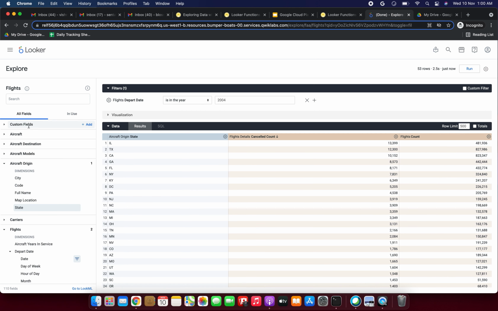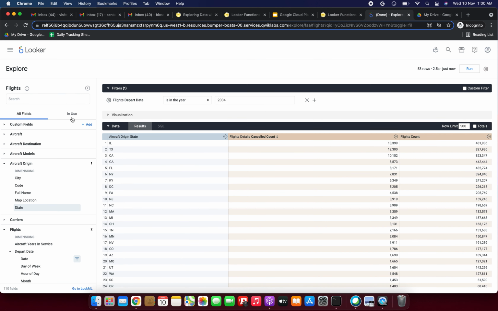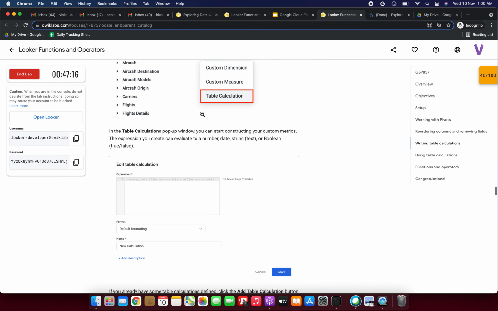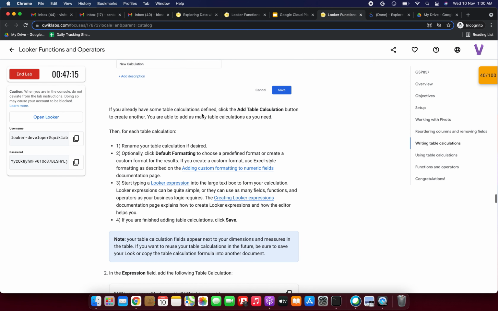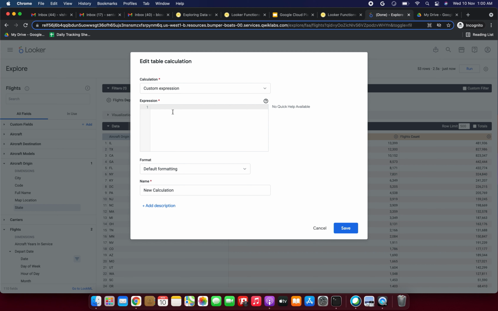So now we need to go to the custom fields, scroll up, and next to the custom fields, click add, select table calculations. In the expression field we need to add the following table calculation: flights.cancelled_count / flights.count.